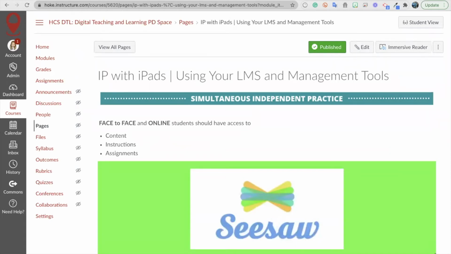So with your kids in class and students at home, it's very important to have all of your content, instructions, and assignments posted within your LMS. And for you guys, that is SeeSaw. So you want your kids in class and at home all to have access to that inside your learning management